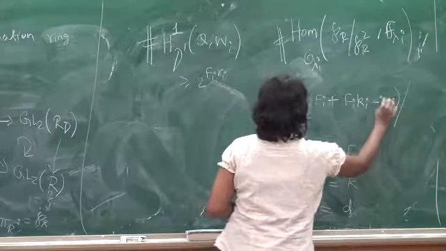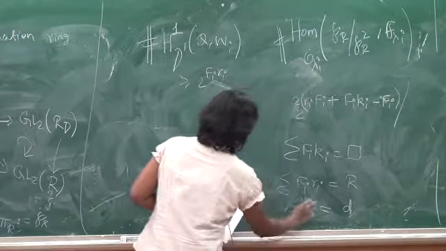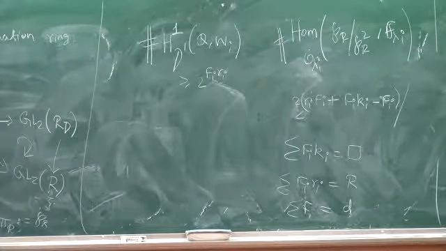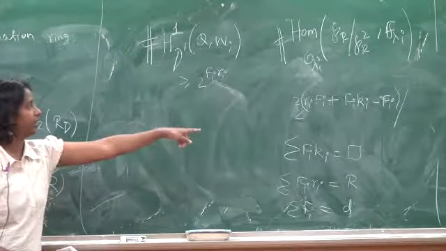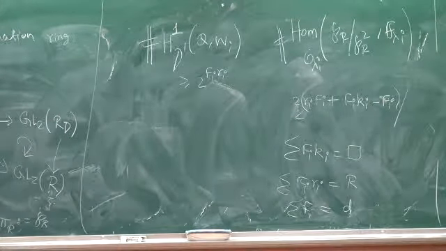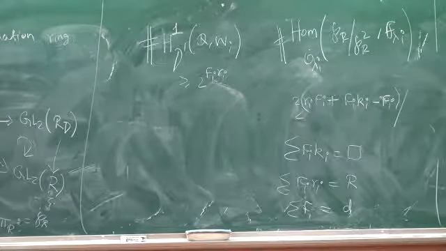Sorry, here fi. So this is the dimension d. So I can conclude 2 to the power r minus d plus that box divides